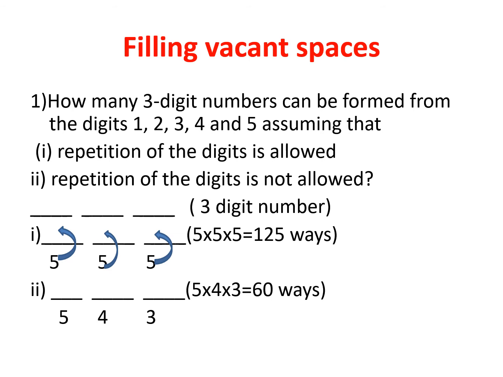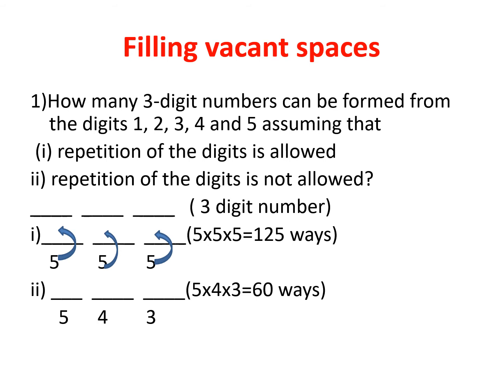How many 3-digit numbers can be formed from the digits 1, 2, 3, 4 and 5, assuming that in the first case the repetition of the digits is allowed, and in the second case the repetition is not allowed? So in order to find 3-digit numbers, see here, for filling up the first position we have 5 choices. Similarly, for filling up the second position we have 5 choices, and for filling up the third position also we have 5 choices. So in total we have 5 cross 5 cross 5, which is equal to 125 ways